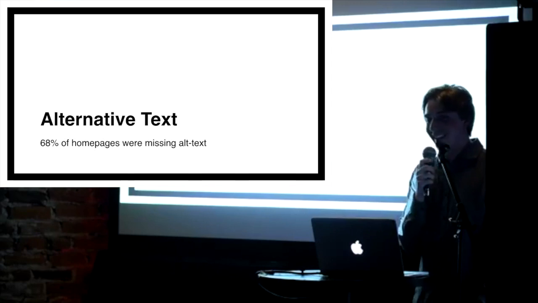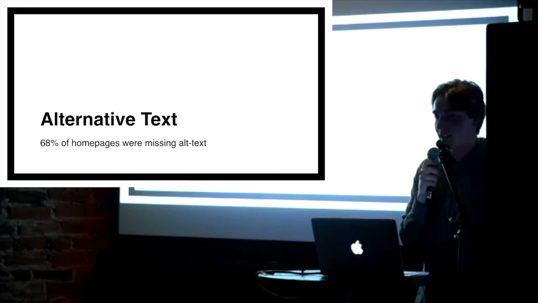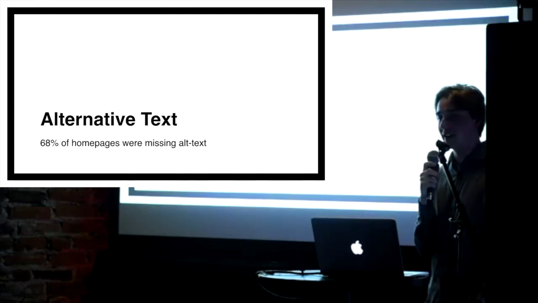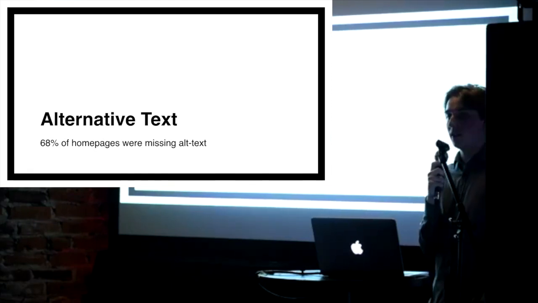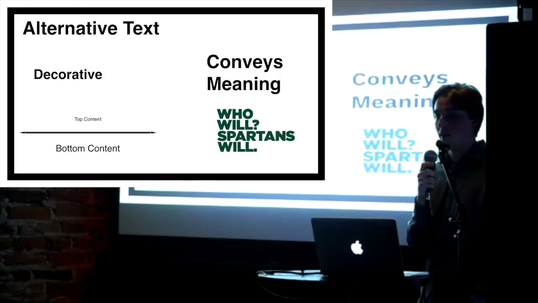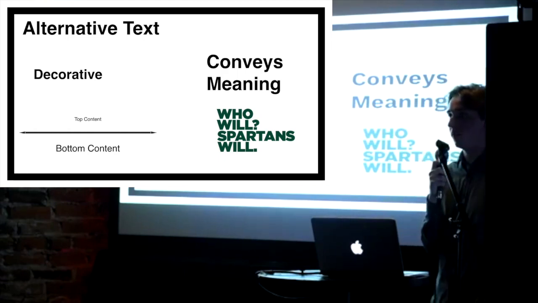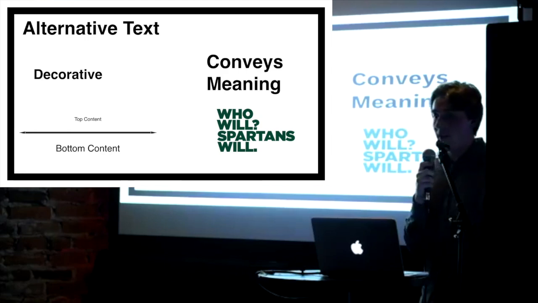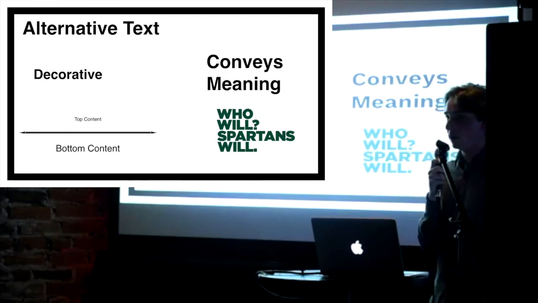Then the next important one is alternative text. 68% of home pages were missing alternative text. There are 2 different types of alternative text that we want, but every image needs a tag. The first one is decorative. If we look at the chevron bar, it's just there visually to separate the top and bottom content, and doesn't convey any meaning. But the other image, like Who Will, Spartans Will, does convey meaning, and we need to add